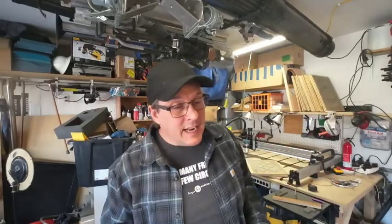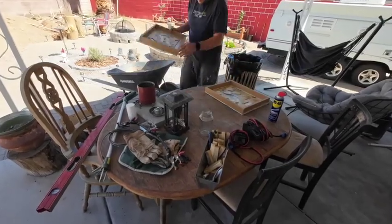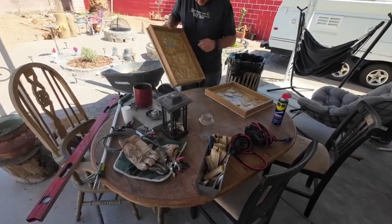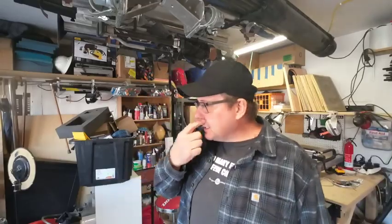So I did it. I got the first molds done. All right, next step is to pour the concrete. I get them out back and mix up some concrete. There are different concretes, and there are different things suggested to me that would be better or worse for this kind of project. I ended up using